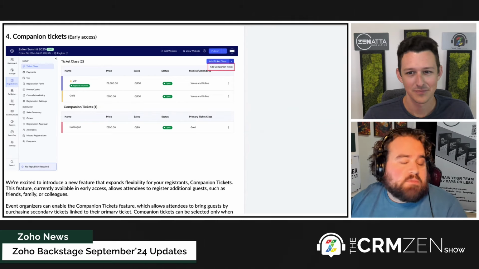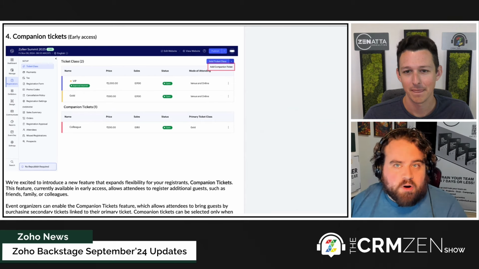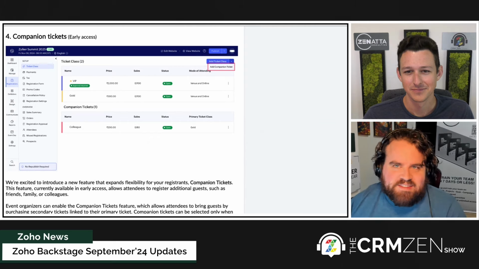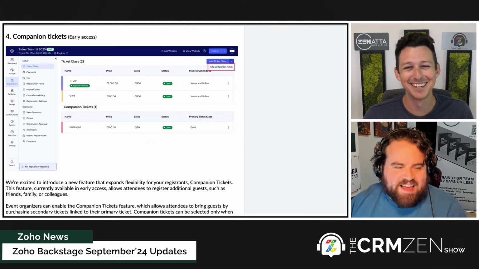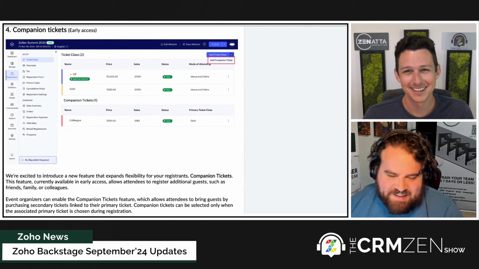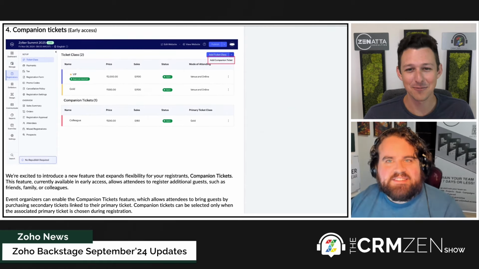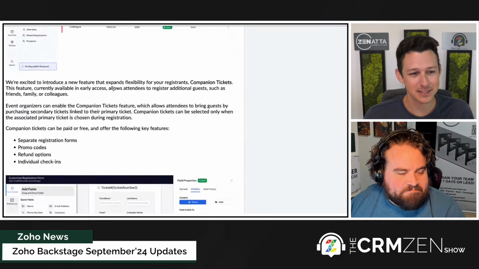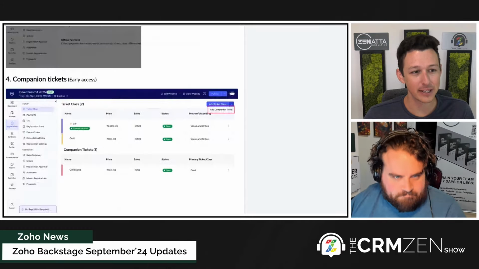And sometimes you can reach out to Zoho support and ask, hey, is there an API endpoint for doing this thing? And they'll be like, oh, yeah, sure there is. Here it is. Right, and then they'll give it to you. Yeah. Wish they would put it on the website, but neither here nor there. Send them a support request. One other kind of minor update here that they did sneak in is early access availability